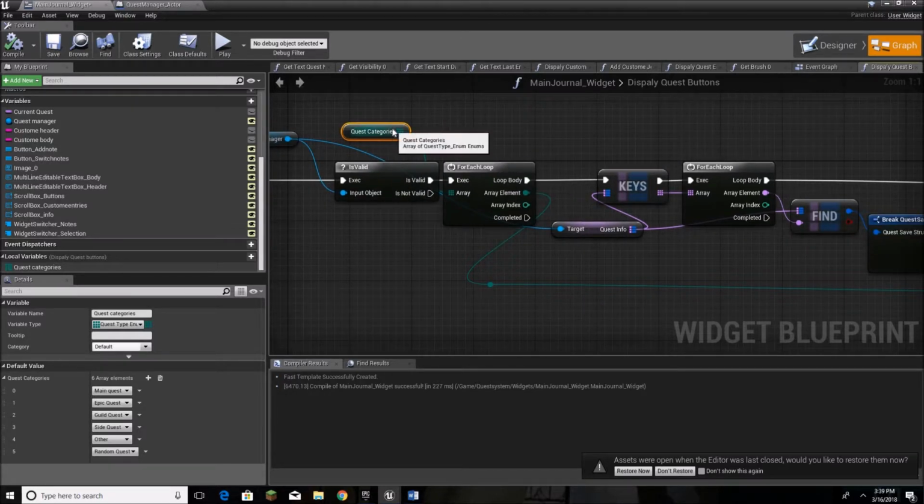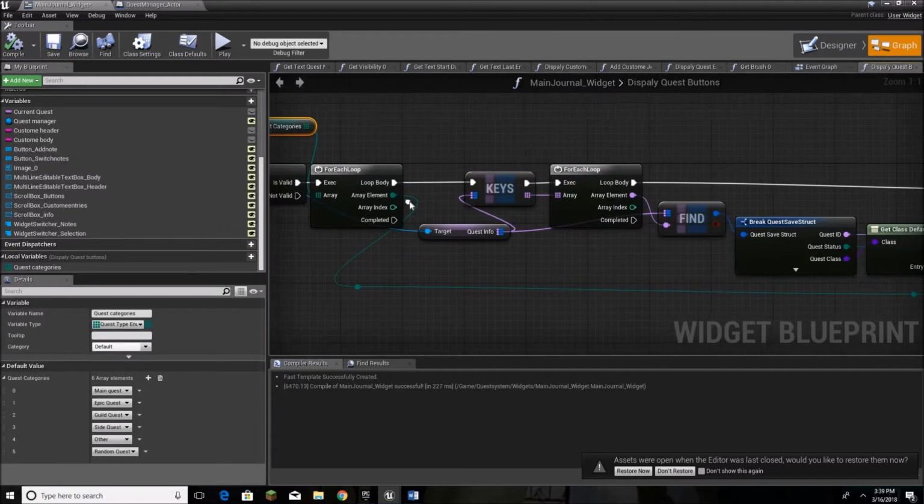If you messed up with something or whatever, you got something to cover yourself. And then what I'm doing here is I threw down a local variable and say categories, and it's just a quick way of doing this. So I just threw in all the categories possible, so that way it'll do a loop on that,